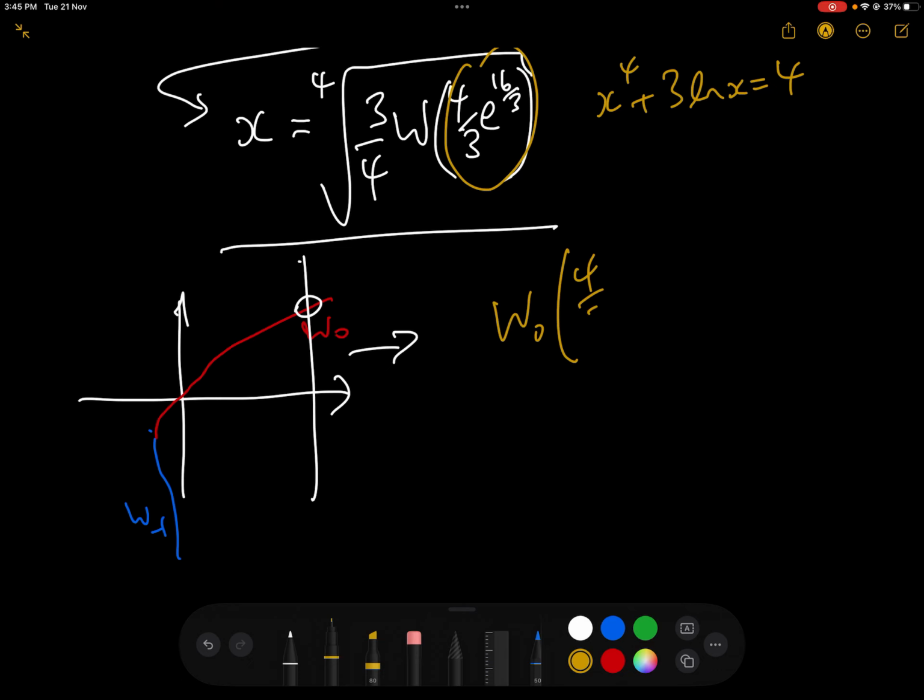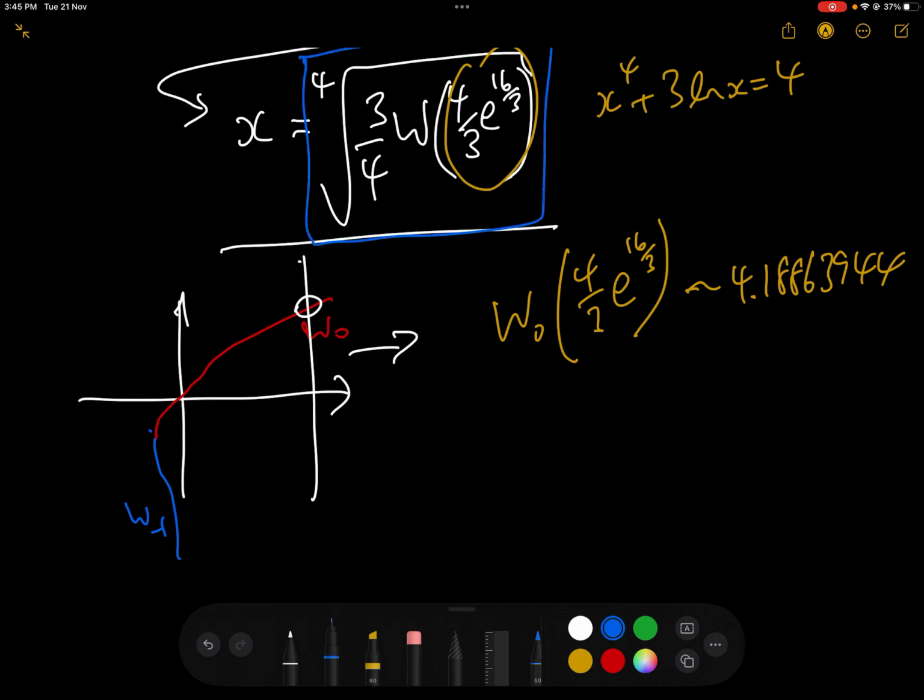So let's just check what the actual value of x is. W0 of 4 over 3 e to the 16 over 3, using an online or scientific calculator, gives us approximately 4.18863944. And then when we plug that into the fourth root of 3 over 4 W of 4 over 3 e to the 16 over 3, we get x equals plus or minus